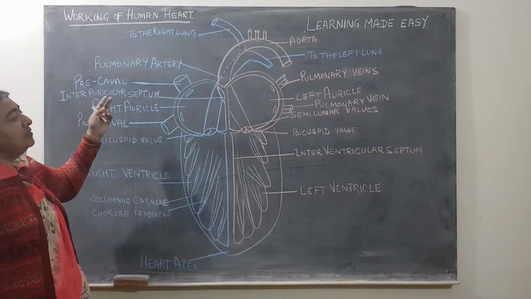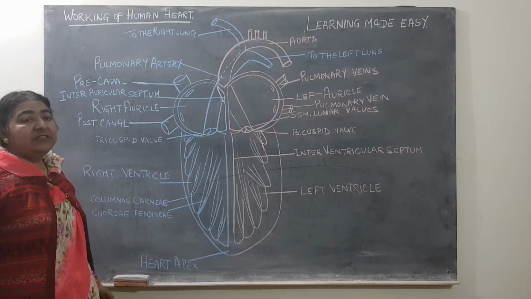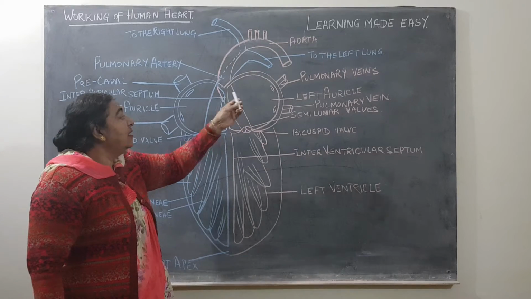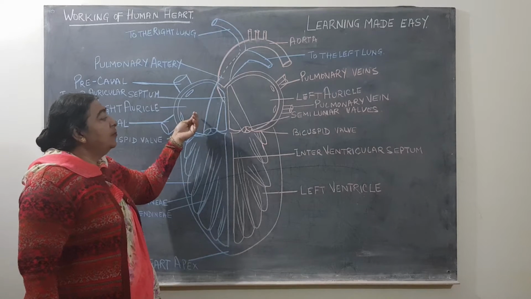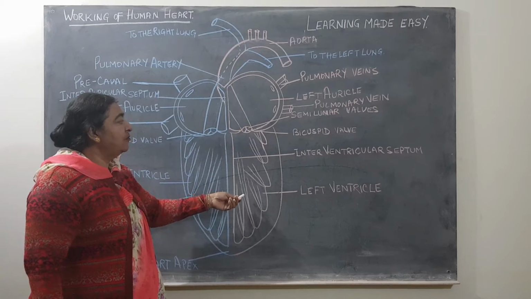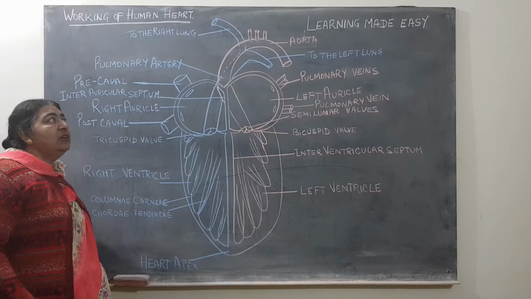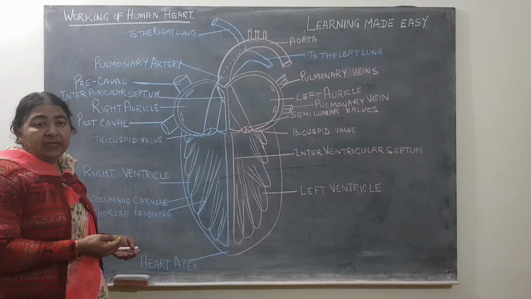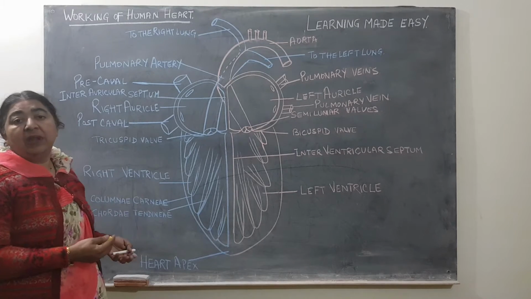Now the 2 auricles, the right auricle and the left auricle, receive blood from the lungs, that is oxygenated blood, and receive blood from the body, that is deoxygenated blood. Then the auricles give blood to the ventricles and the ventricles finally to the big arterioles. Today we will see how the heart muscles are working and how they are able to circulate blood in the